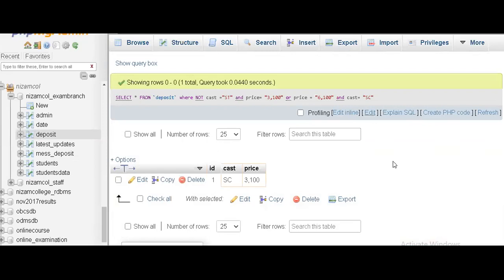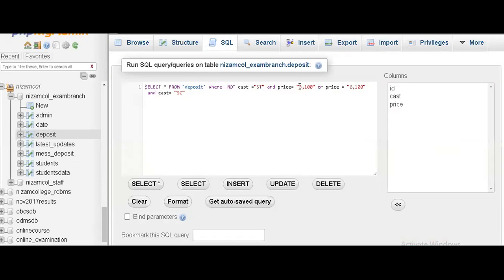So what I have written: I want the price to be 3,100, or the price can be 1,600. In that, one should be caste SC, but I should not get ST caste. So the person should belong to SC, not ST. His price can be either 300 or 600, but not an ST candidate.